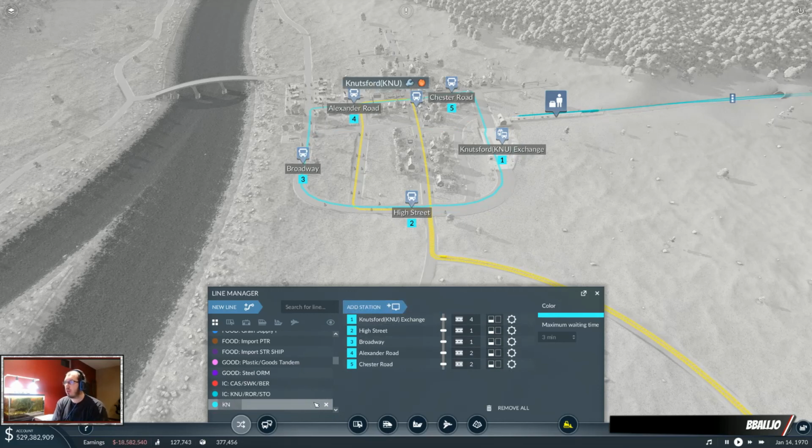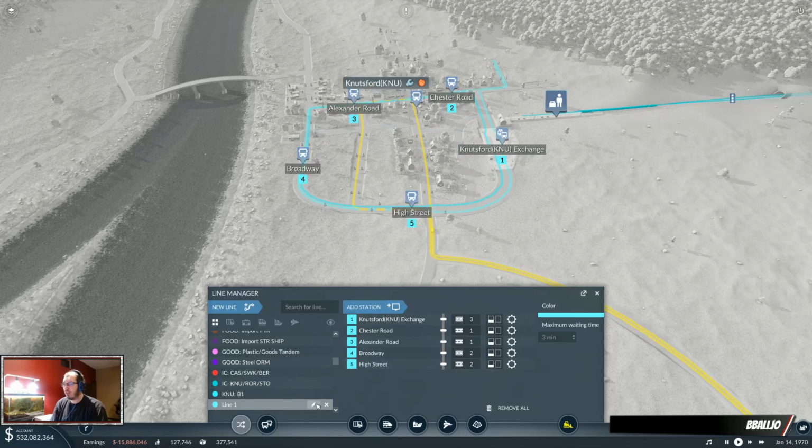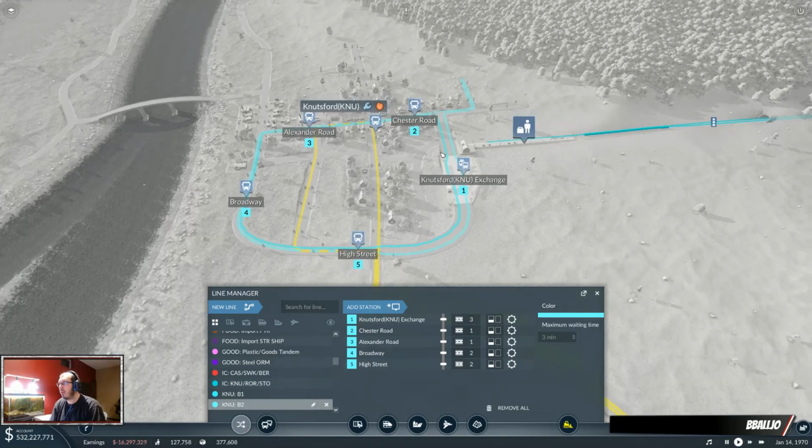Knu. Is it Knu? Yeah, it's Knu. B1. And 1, 2, 3, 4, 5. Very good. Canoe B2. I do like that this...